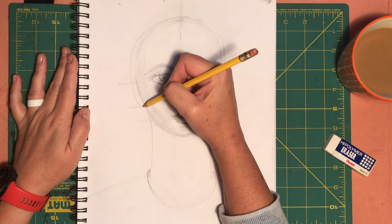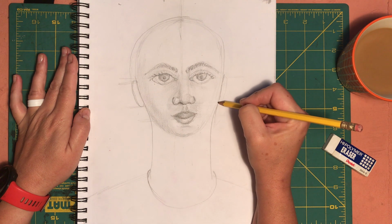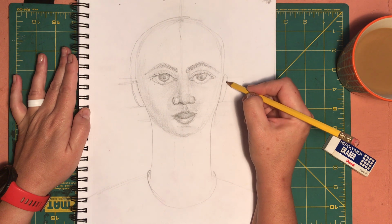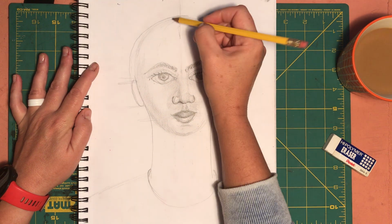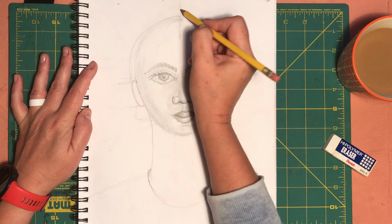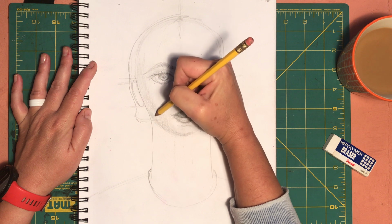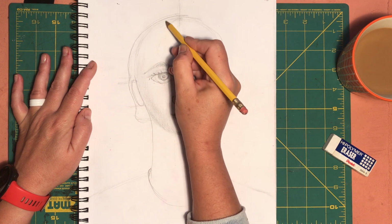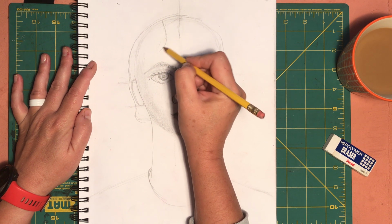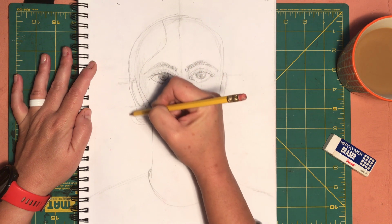And here I'm just going to put a suggestion of ears in between these two guidelines. And then I might add more detail if my hairstyle doesn't completely cover them. So I want this hair to be kind of a shorter hairstyle. And I'm going to come around, and then it's going to have a part here. So I'm going to make a suggestion of the part. Our hair comes down, and I think it'll cover the ear on this side